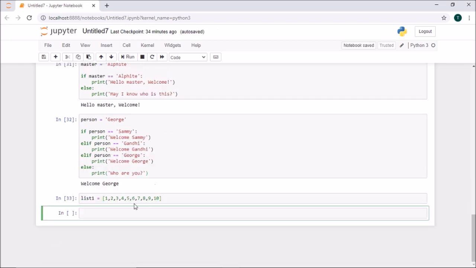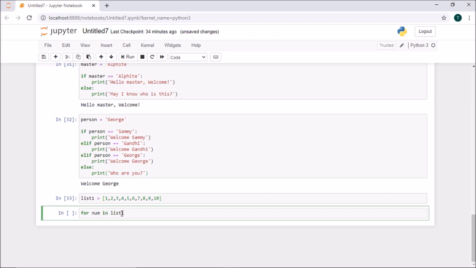Now I'm going to write a for loop. I'll write for numbers in list 1.